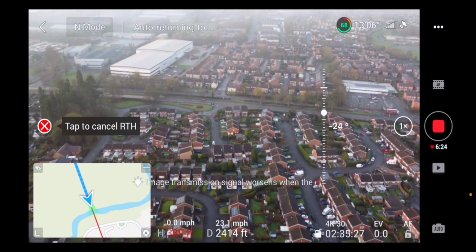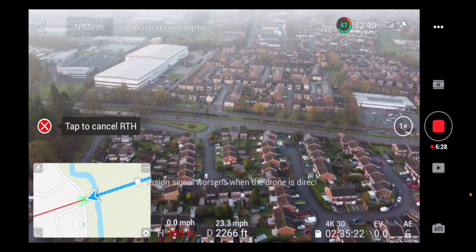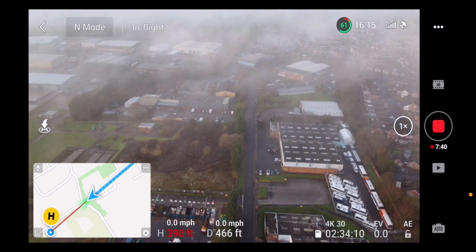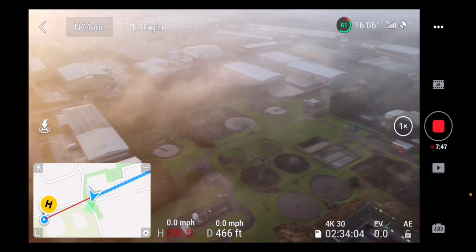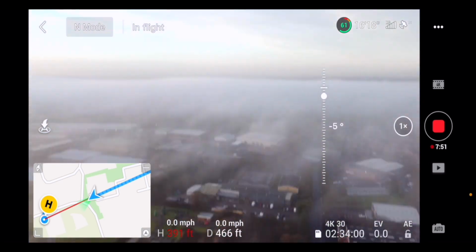I have to remember to turn off my signal next time and put it in airplane mode so I don't get notifications come up. Might do that now actually. There we go, back again. I'll just turn the Wi-Fi off so I can stay a bit longer so I don't get notifications through. Well, it's back now, so